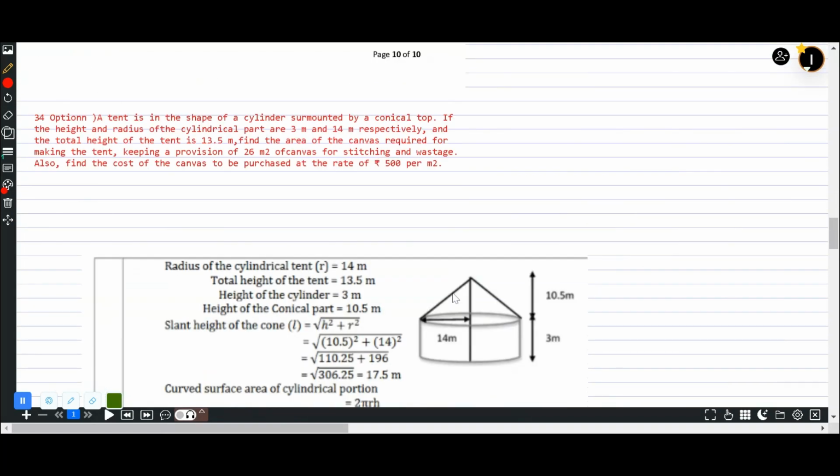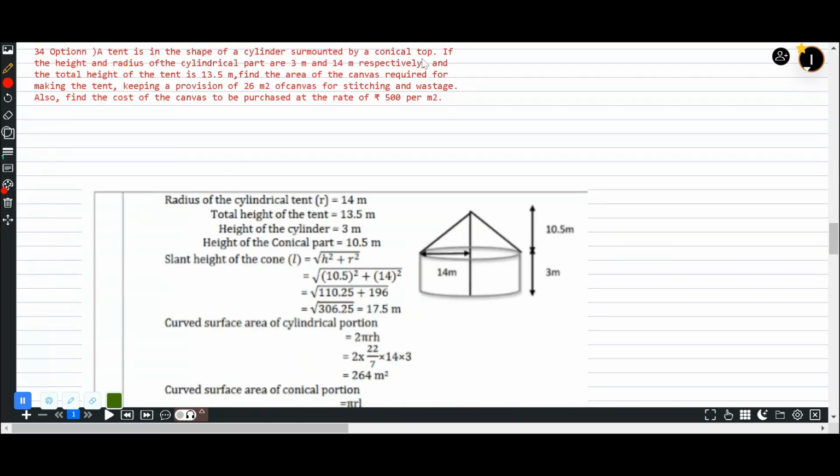The next one is one question we forgot to attend. It was question number 34. This I have added here. The tent is in the shape of a cylinder surmounted by a conical top. If the height and radius of the cylindrical part are this, तो यहाँ आपको height दी हुई है, यहाँ आपको radius दी हुई है, यहाँ आपको total height भी दी हुई है of the tent which is 10.5. तो इसका मतलब height of the cone आपको यहाँ से मिल जाएगी, which will be 10.5 minus 3 which is